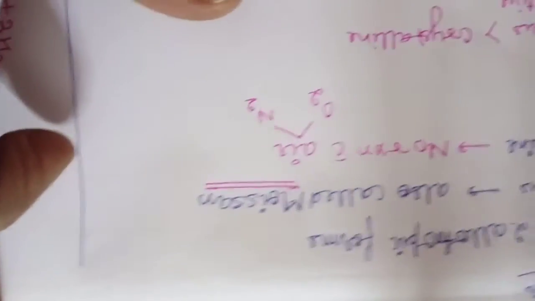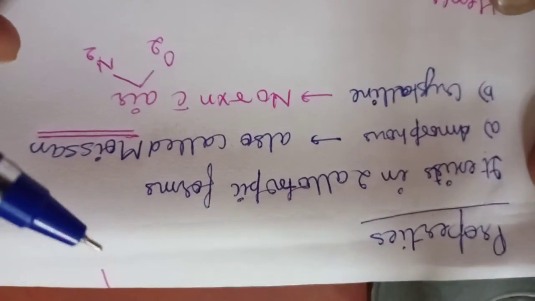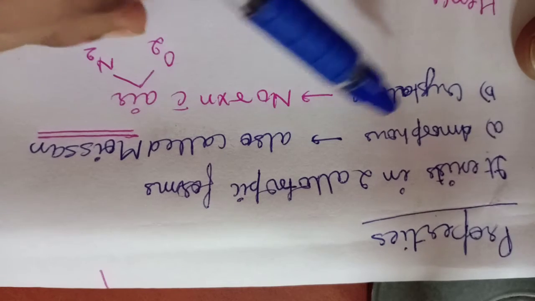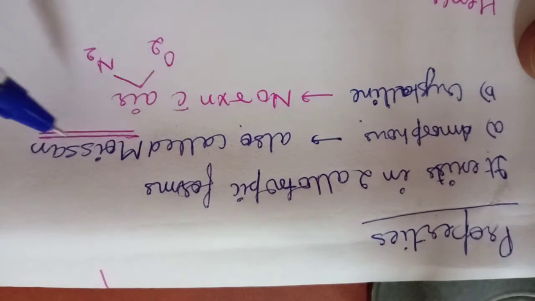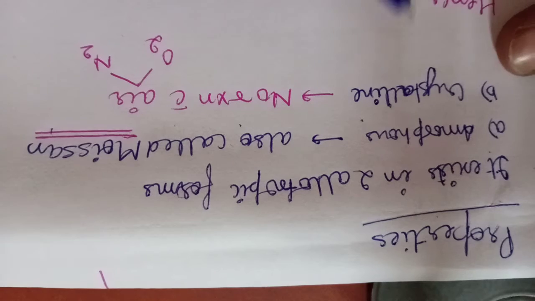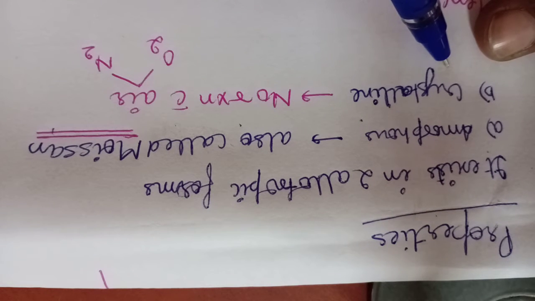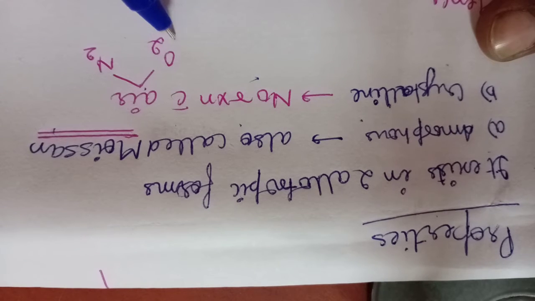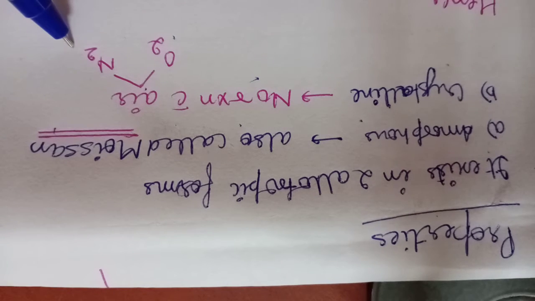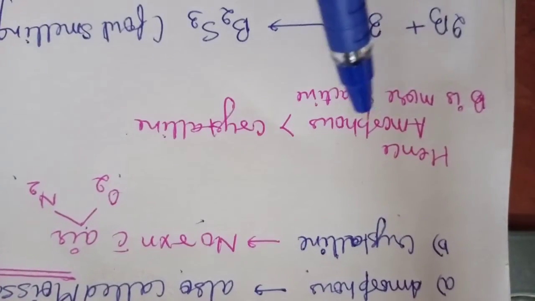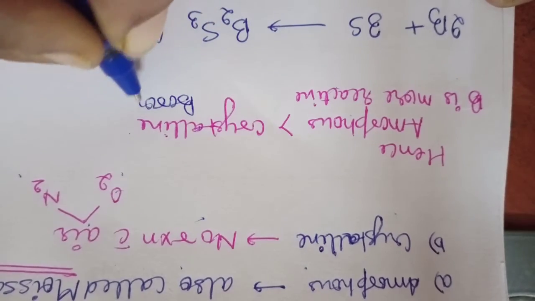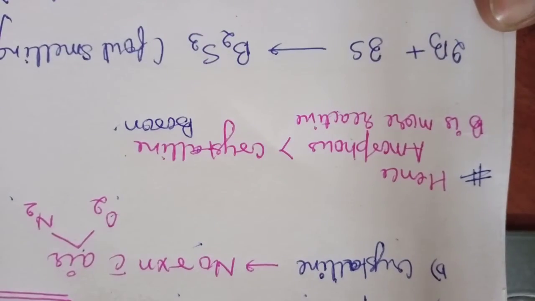The properties of boron. As I have explained to you, boron exists in two allotropic forms. One is amorphous. The amorphous form of boron is also called Moissan boron. And the crystalline form of boron has no reaction with air. It does not react with oxygen as well as nitrogen of the air. This we need to remember, due to which amorphous boron is more reactive than the crystalline boron. This you have to remember.